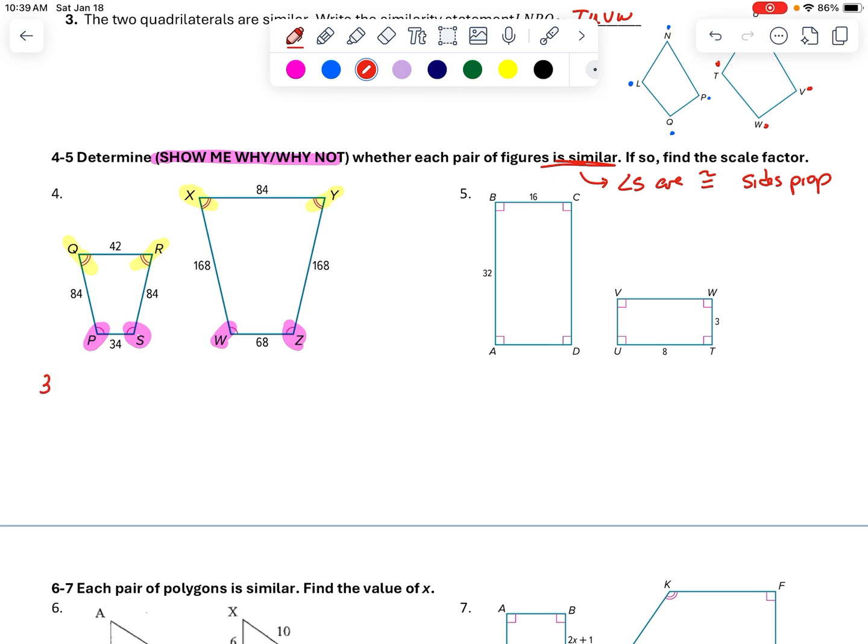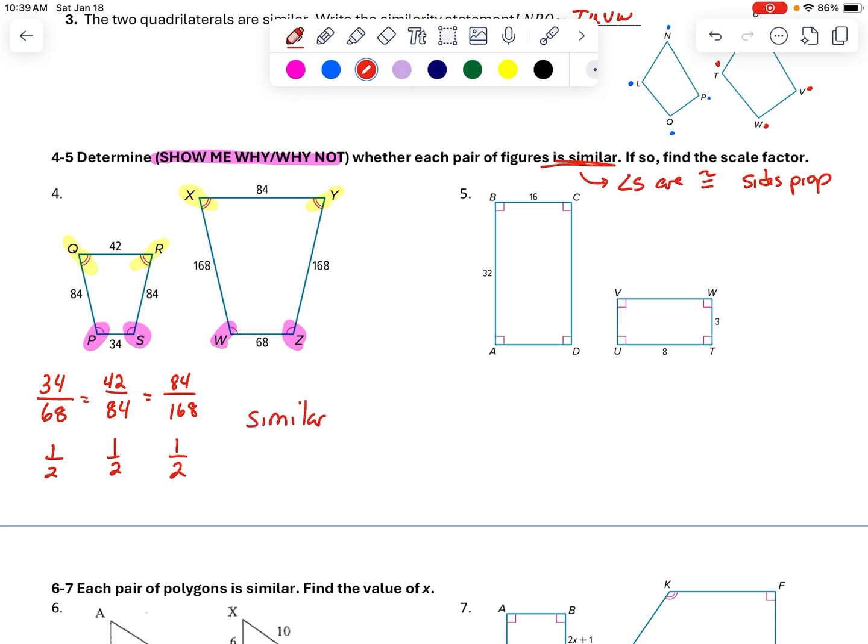Shortest to shortest means shortest is 34, shortest is 68. The next one's going to be matched up with the top. The next shortest is going to be 42. It matches up with 84. The longest sides present are going to be 84. It's the same on both sides, so I only have to do it once, but 84 to 168. So we can look and reduce, and that reduces down to 1/2, that reduces to 1/2, and that reduces to 1/2. So since my sides are all in the same proportion, we know that these are going to be similar